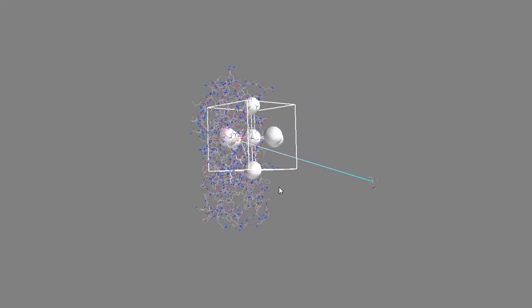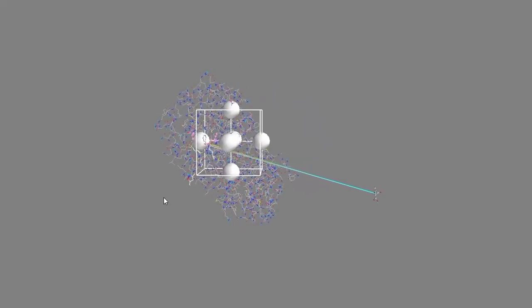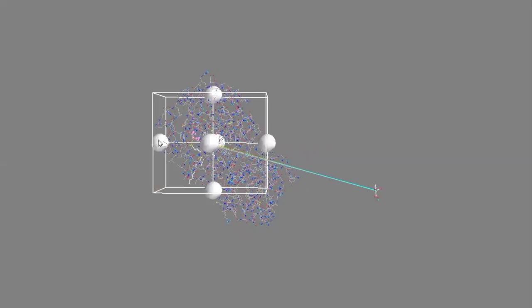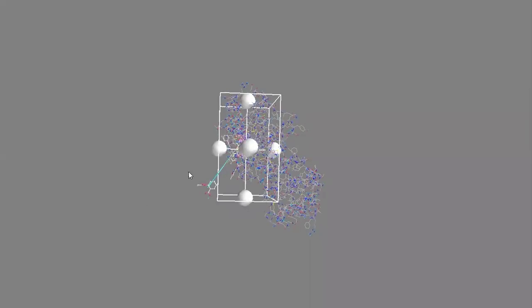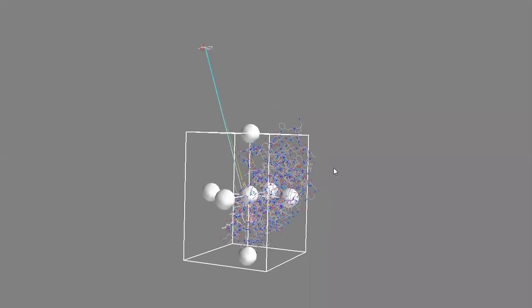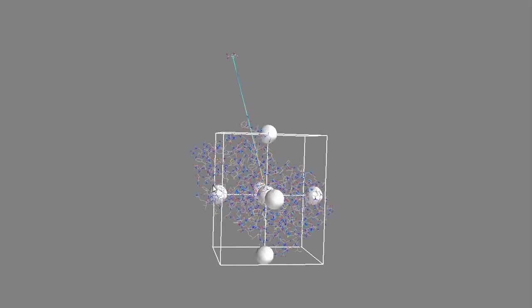You can pick it from here and move it onto the active site residues, and simply drag it, checking from every direction.